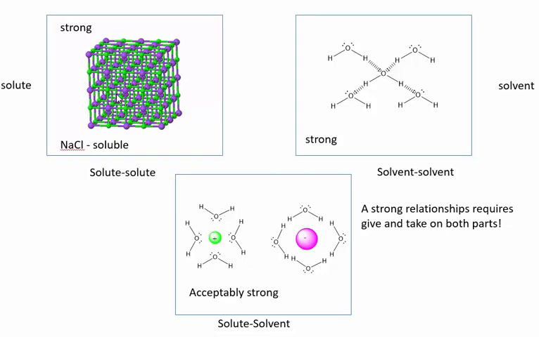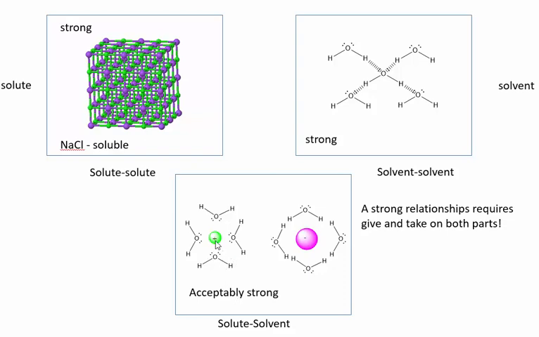And what we have to now add is a two-component system. We have the solute and the solvent. So what we have to do if we're going to dissolve something like sodium chloride is that we've got to disrupt all these ion-ion interactions. We also have to disrupt a lot of the water-water hydrogen bonds. So we have to disrupt interactions in both the solute and the solvent and replace those with something acceptably and